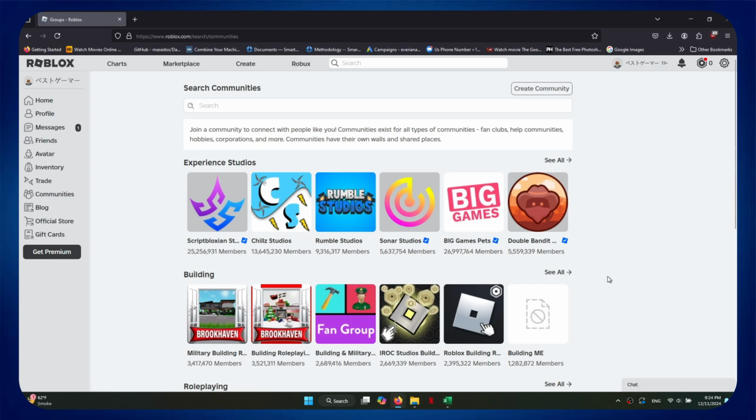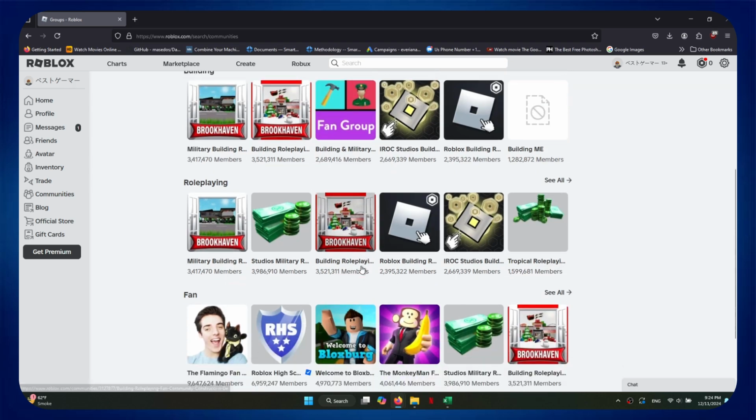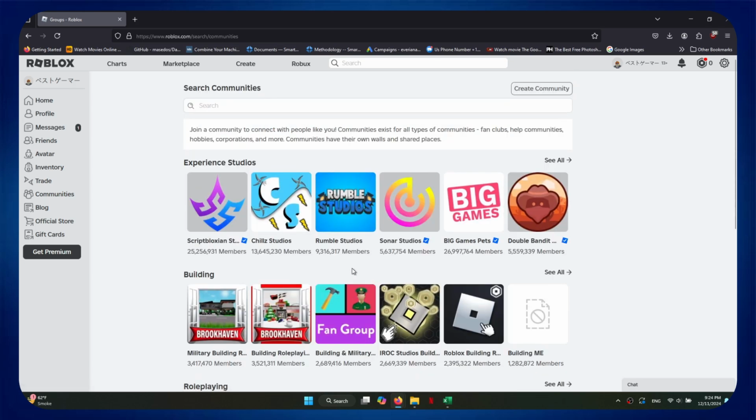the groups page. Now, what you can do is browse through the different communities. If there is a particular group you are looking for, you do have a search box at the top. And if you do have a direct link to a group, you can just place that in the address bar